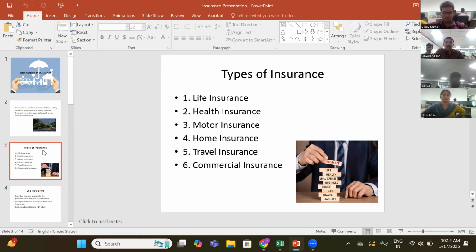Okay. Number five, travel insurance. What is travel insurance? Travel insurance is an insurance that is covered for a traveler. For example, A is traveling from India to France, which will take some time. During that period, if an untoward incident happens during travel, in the sense that the flight has taken off from India and it is in the air,